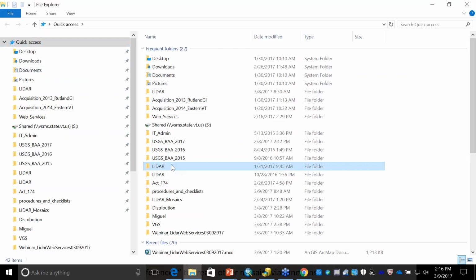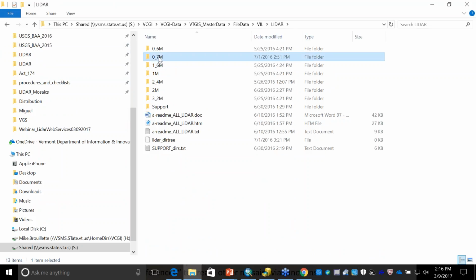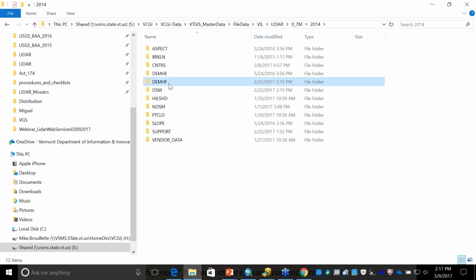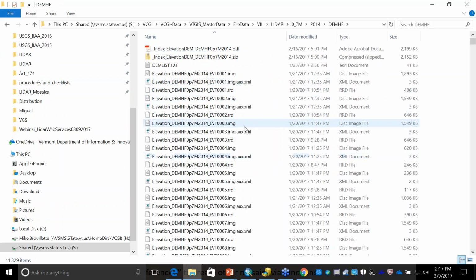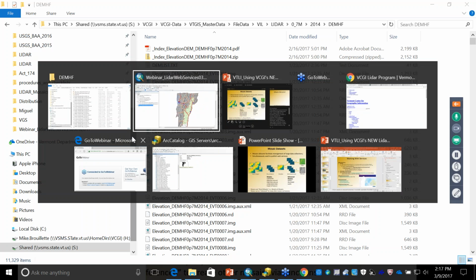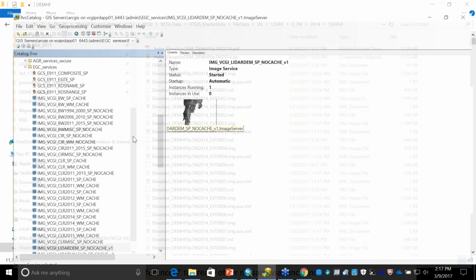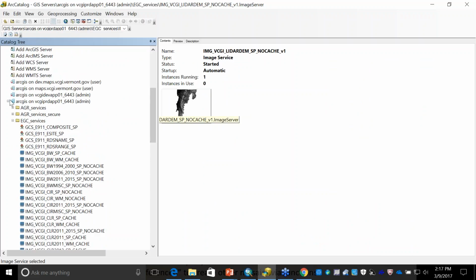But I think I can recover quickly. If you look at the raw data, these are all the individual tiles for this 2014 collection. There's 3,775 tiles, and we are able to get that all into a single mosaic data set,